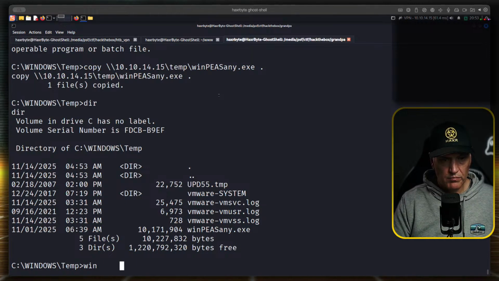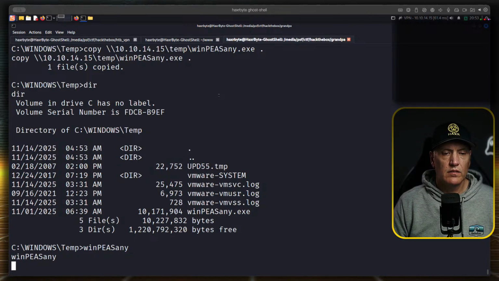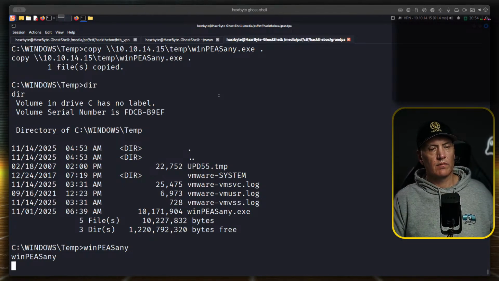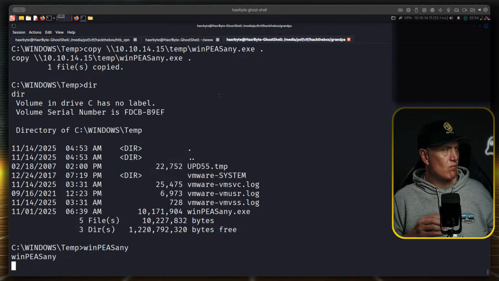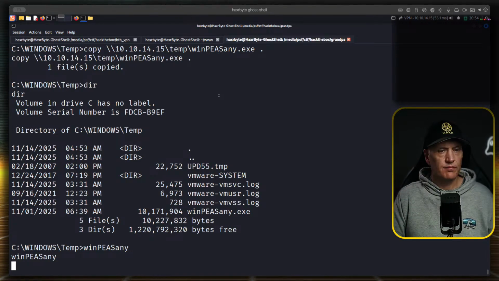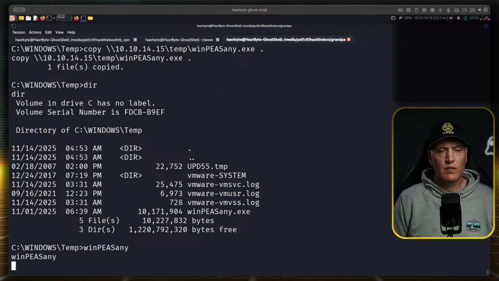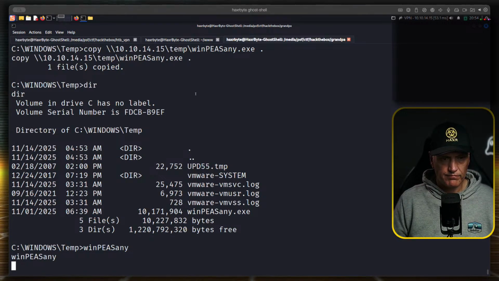So there we have WinPEAS. Any, might be easier piping into a file.